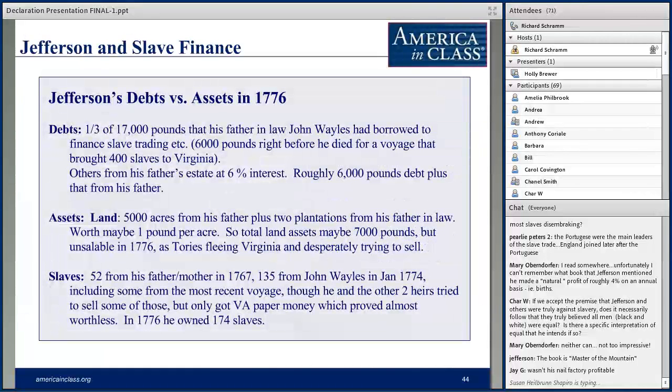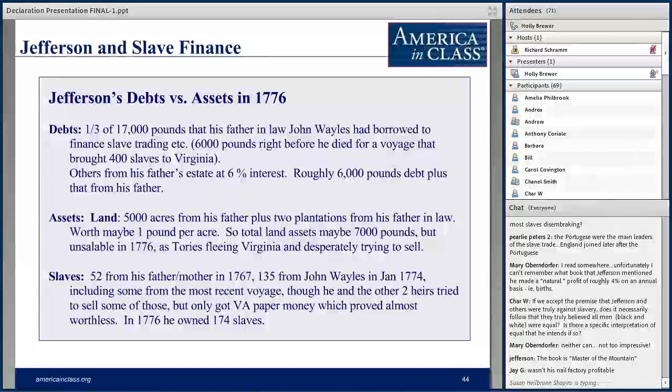Here's just a brief rundown of Jefferson's debts versus assets in 1776. And a huge problem for him was his father-in-law. So he got married to Martha Wales in 1772. And that same year, John Wales decided to invest in his own slave trading ship to Africa. And he borrowed 6,000 pounds from a British mercantile firm to send a ship that was not his, but he had renamed the Prince of Wales,